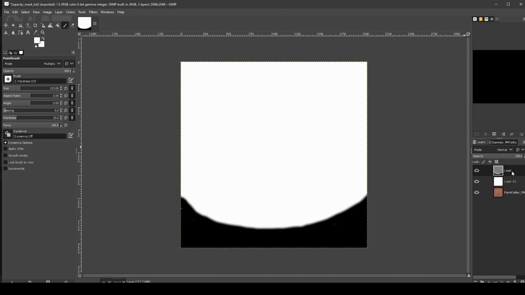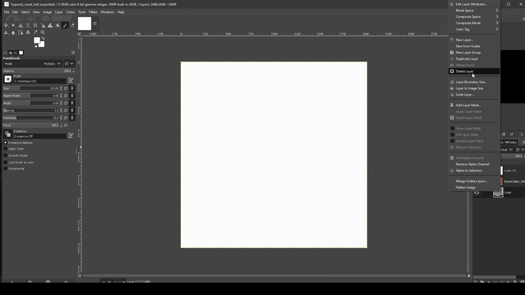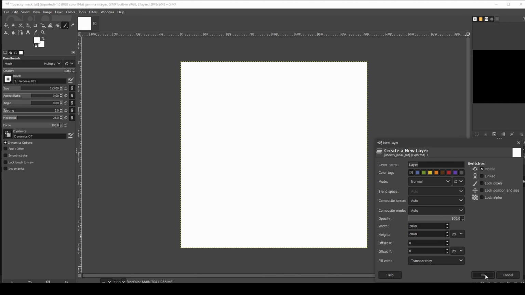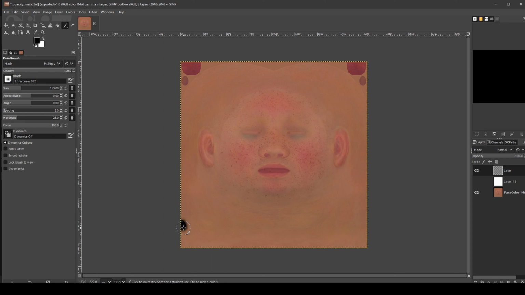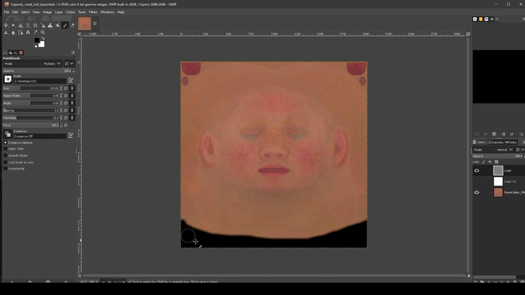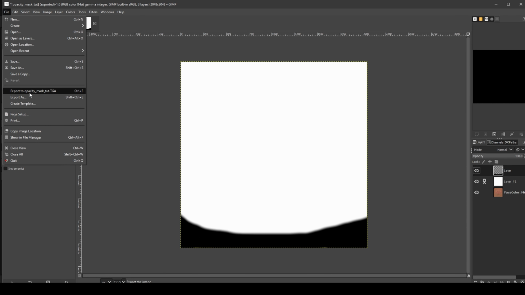Right, I'm actually going to delete that there and start a new one. And set to black. And I just want to maybe, oops, turn off our white layer so I can see what I'm doing, and just cut off down here. I just want to get rid of the bottom of the chest. Maybe, and yep, enable our white layer, export again,